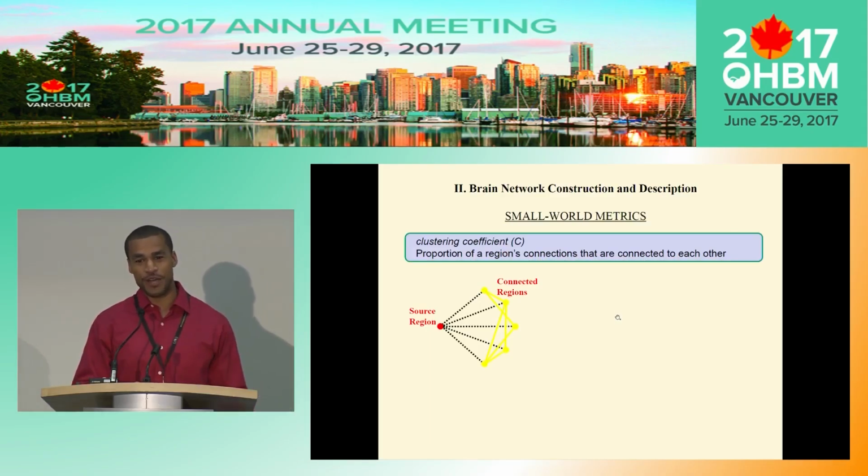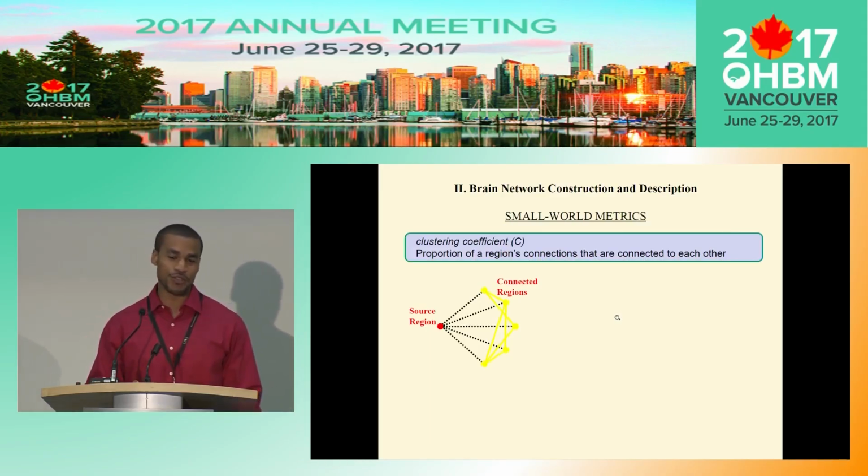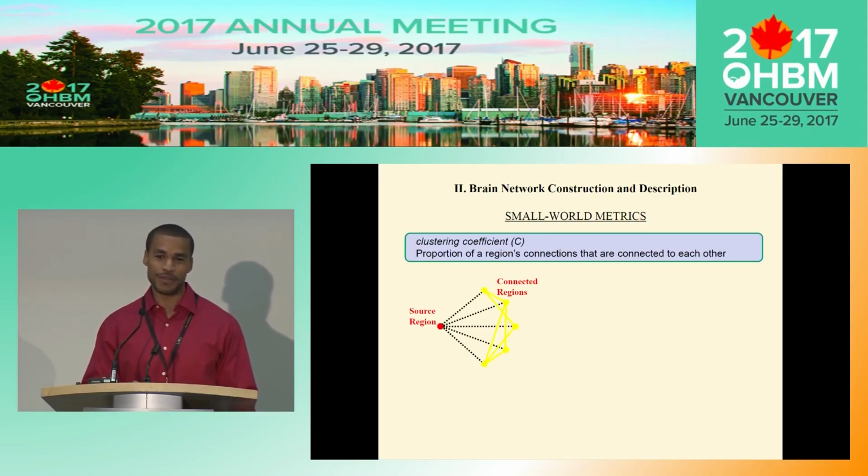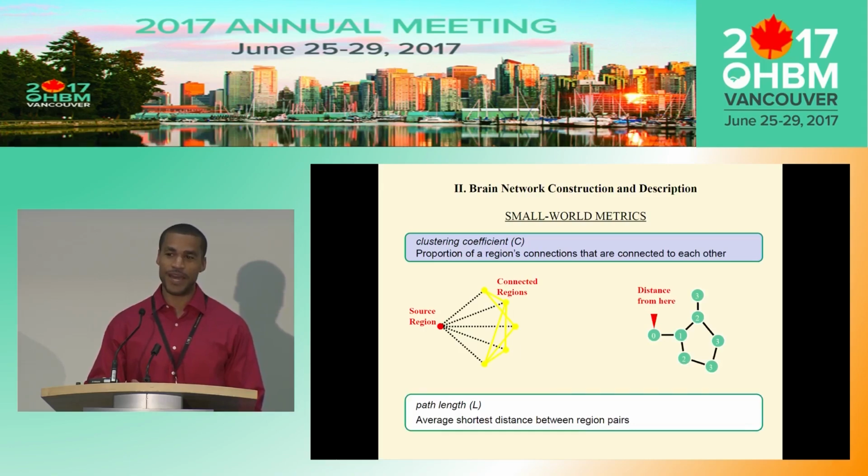And so once you have your network, the next step is to describe your network. And so we're all pretty familiar with the small world metrics. Those are the most commonly used metrics to actually describe the systemic properties of your network, where clustering coefficient can be thought of as a measure of the local communication ability of your network or its regional specificity. And path length can be thought of as the global communication properties of your network, or its ability to distribute